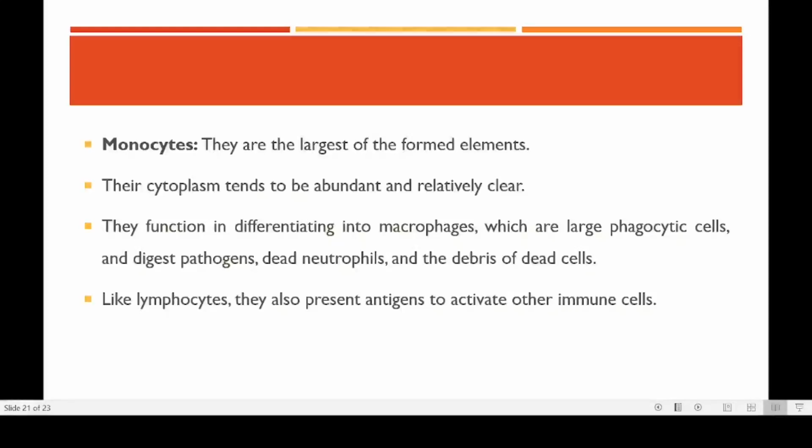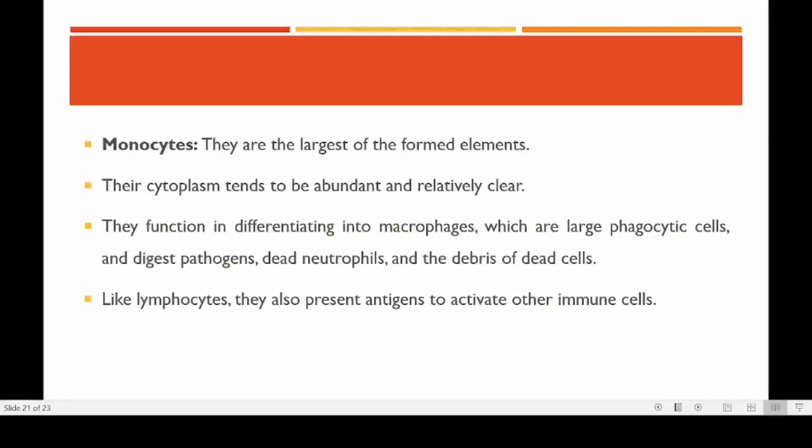They will be attacking it, swallowing it, and killing it inside the cellular structure. So that is a way by which the monocytes are able to kill, and this process is known by the name phagocytosis. So most of the monocytes are macrophages or phagocytes, so they are able to undergo phagocytosis.